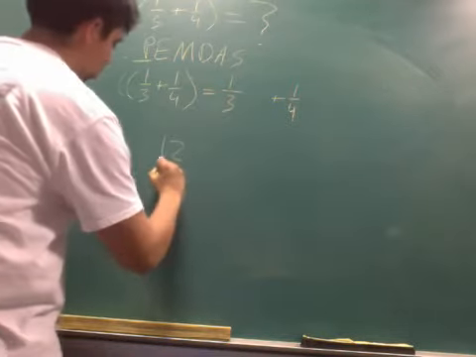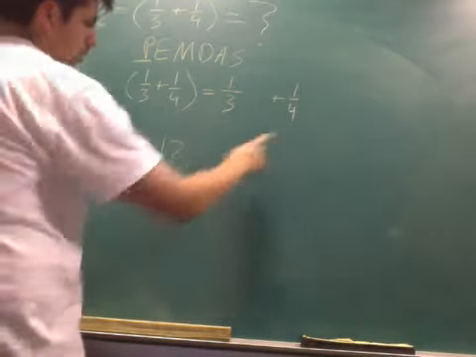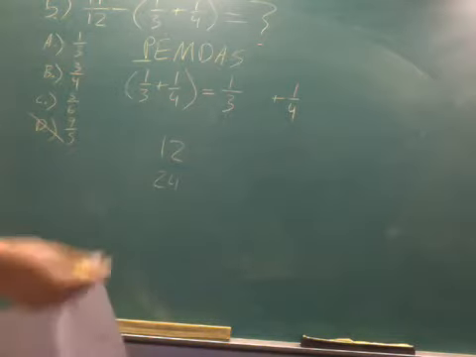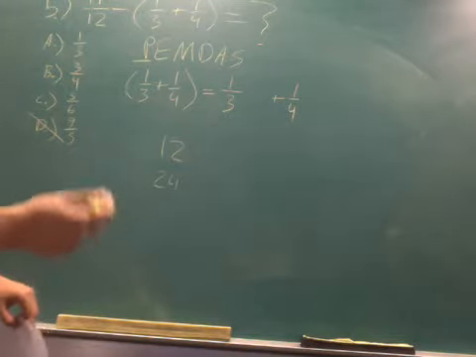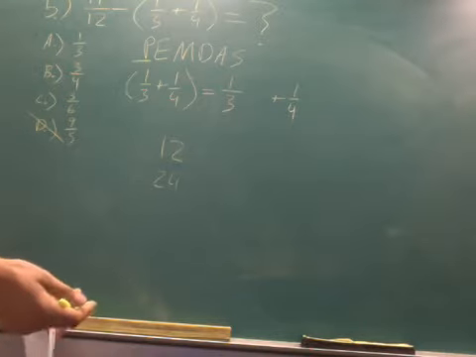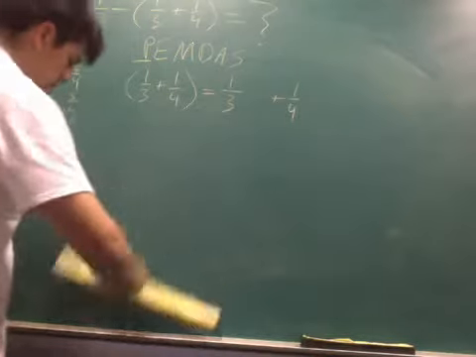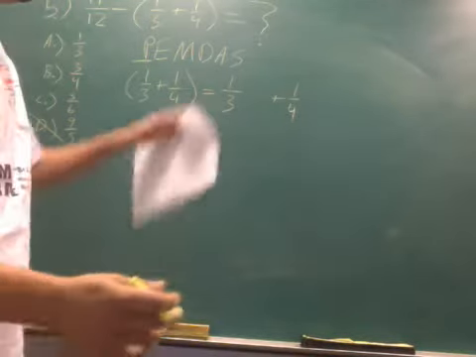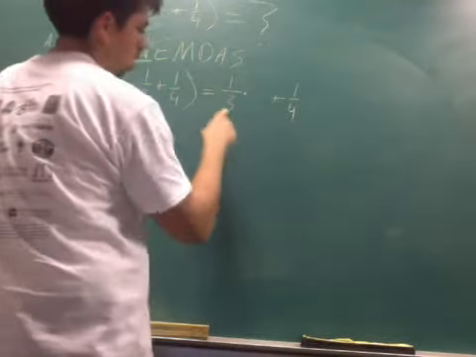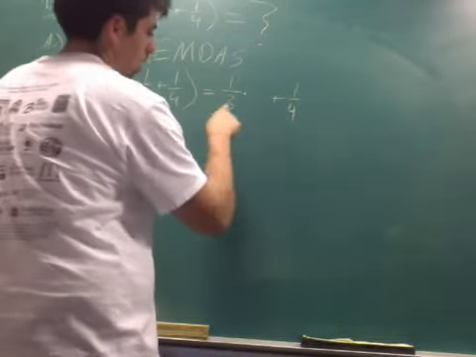So is the number 24. 24 is divisible by 3 and it's divisible by 4. But the smallest one is 12. Really, you don't have to use the smallest one. It's just more practical because you have a lot less reducing to do at the very end. A surefire way to always get the common denominator is to just multiply. Okay, so the method to doing it is you multiply that number by that number,